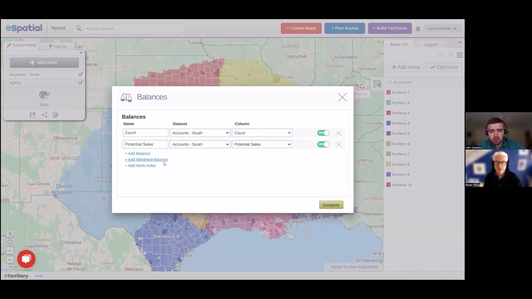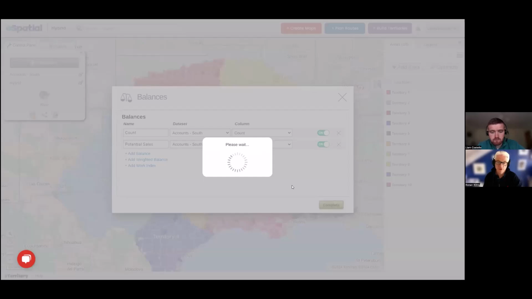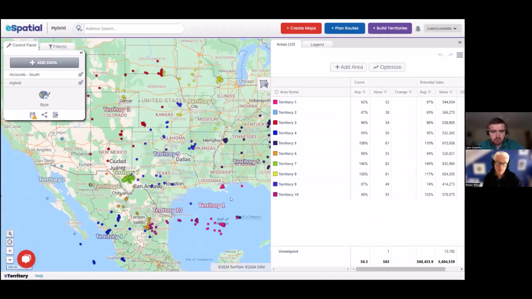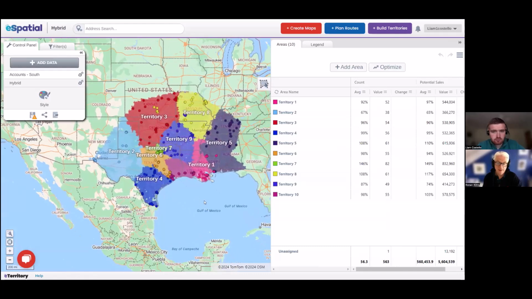Okay. Just a small point, Liam, but it doesn't have to be potential. It could be historic sales. It could be anything, because there may be people who don't have that number. I mean, we think the ideal is to have that number. Sales potential is a better way to go about optimizing or balancing, but it's not always possible to calculate. It can get a little bit complex.